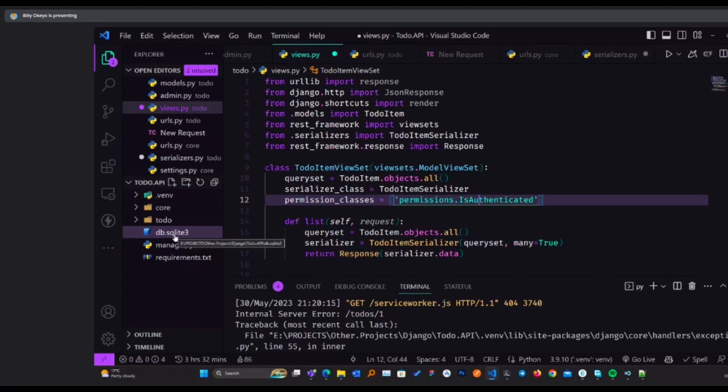SQLite 3 is a file database. This comes in handy for those doing mobile development, because it will save the database as a file, so you won't have to query things from a server elsewhere. It will just be within your project structure.